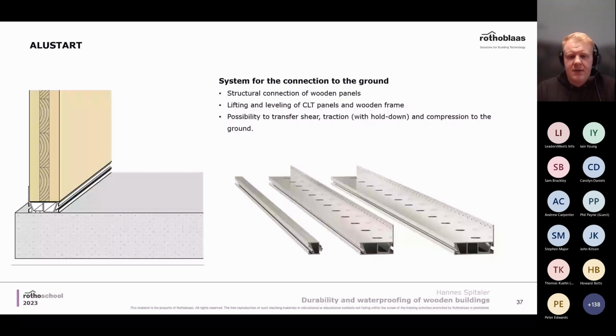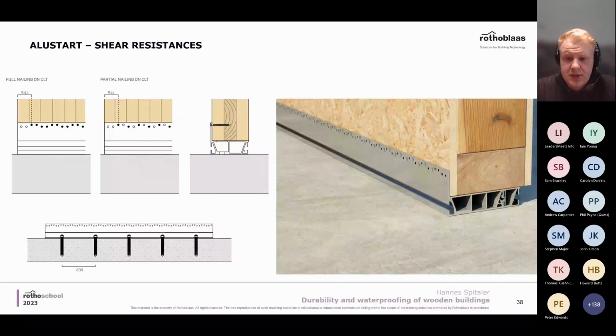being made out of aluminium, you're stopping any moisture going up into the wall. So it's thought as a structural connection. You see, you have the connection to the ground made with general concrete bolts, mechanical anchors, and you have the connection to the timber, which is quite similar to a normal angle bracket, but this kind of holds it all in one place, so one solution for a few